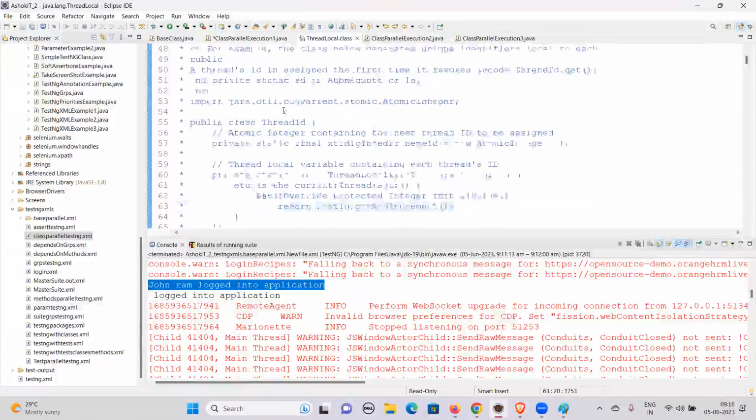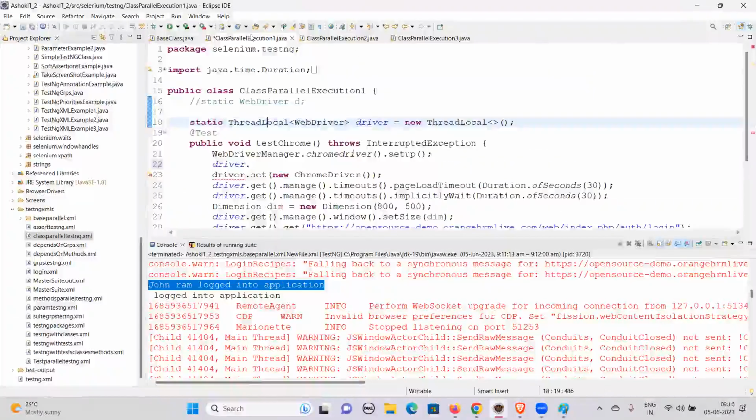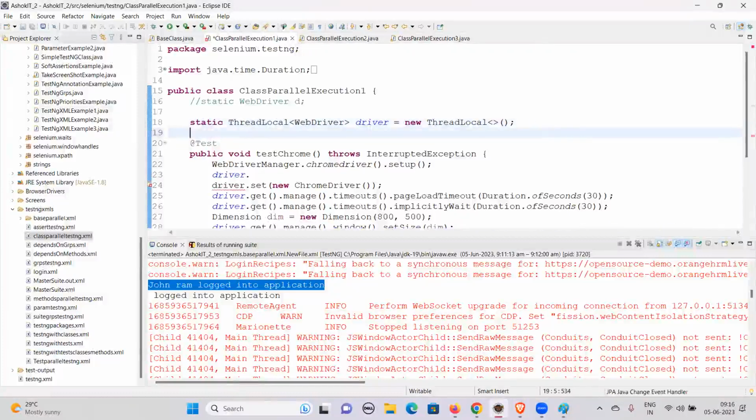Do we need to do this only for this particular WebDriver? Whichever thing you put, it will be taken. Okay, so it will take like this. So if you want to put wait here,